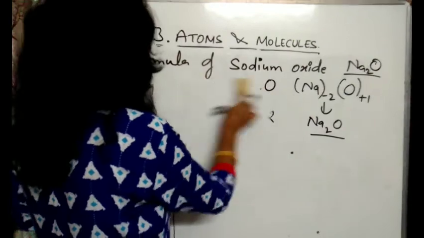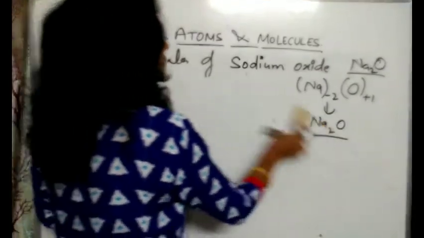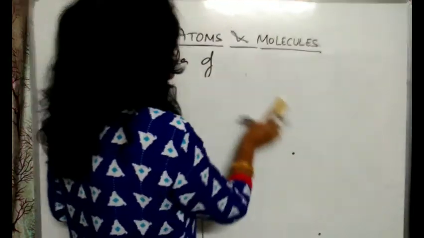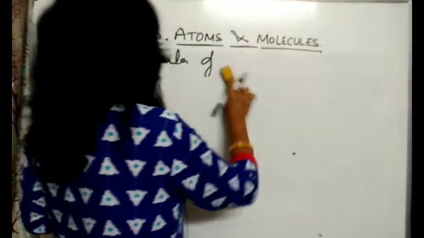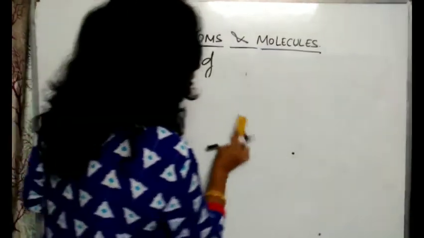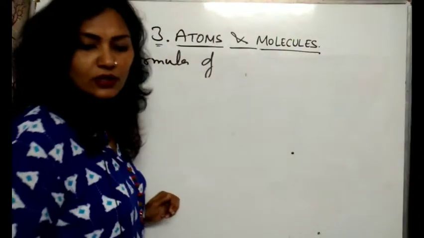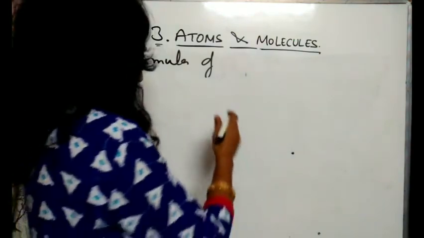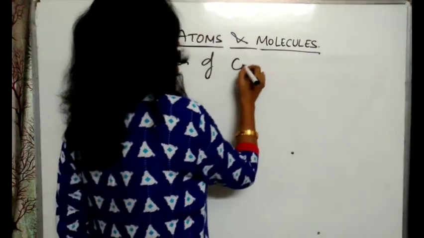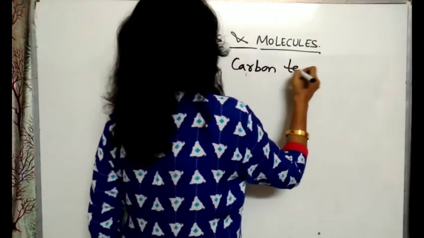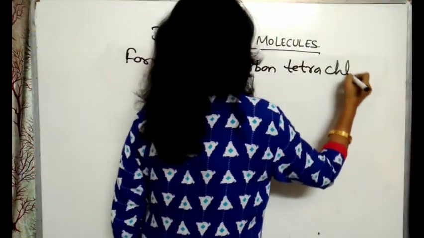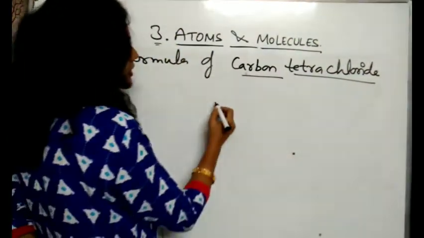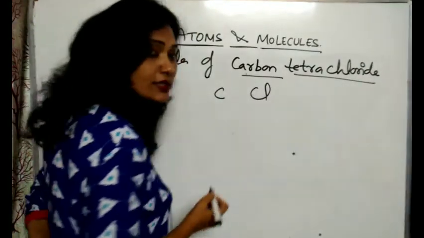Then you can write the number of these formulas. Next number, I think 6 7 formulas we have done. Now next we can write the formula of carbon tetrachloride, okay. We can write the formula of carbon tetrachloride, tetra means 4, C for carbon and chlorine Cl, okay.